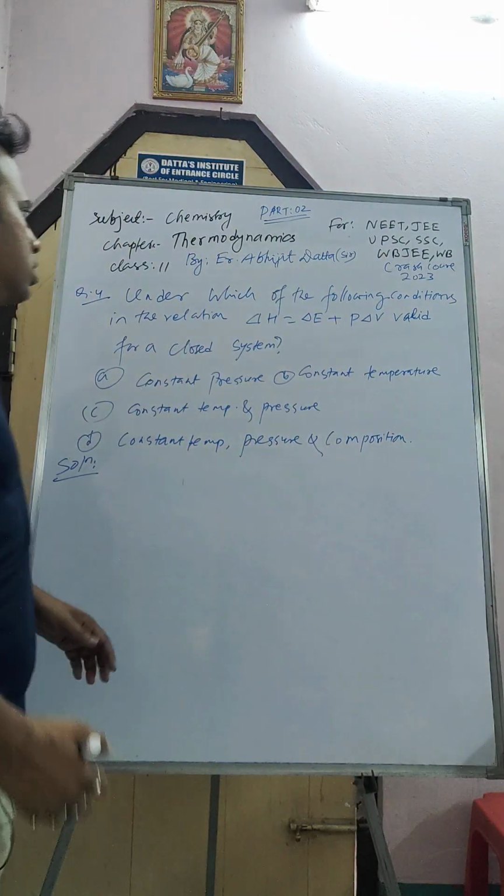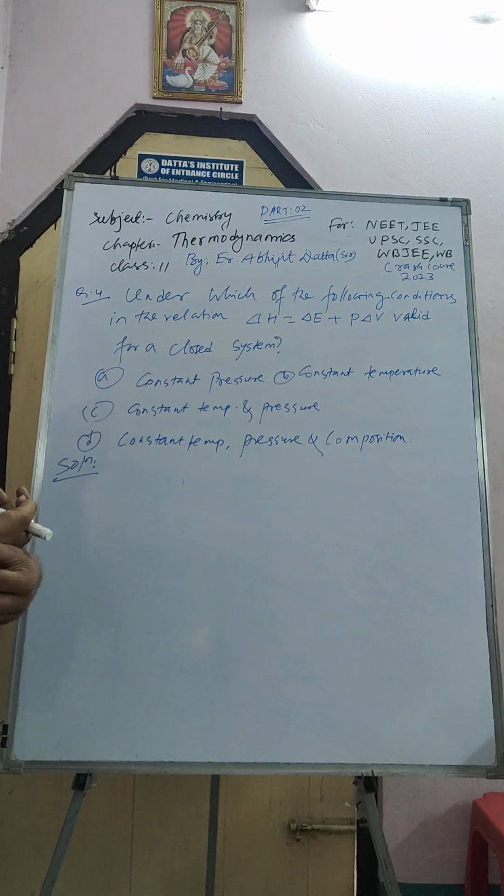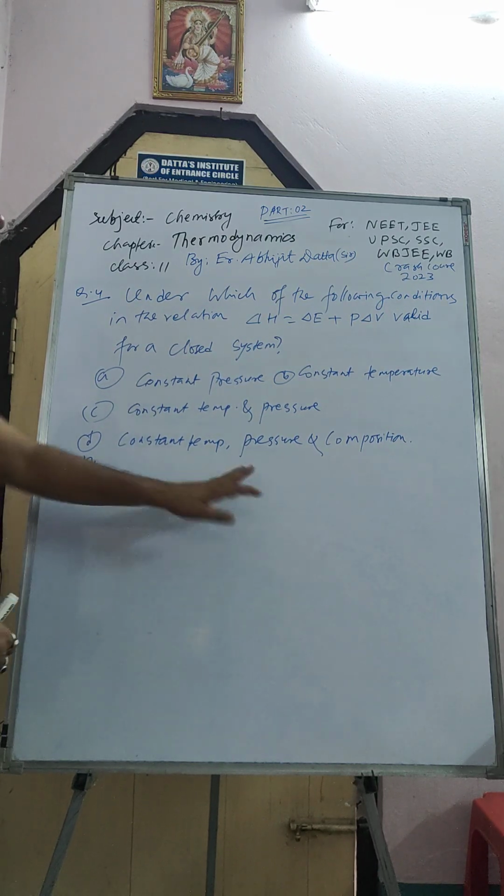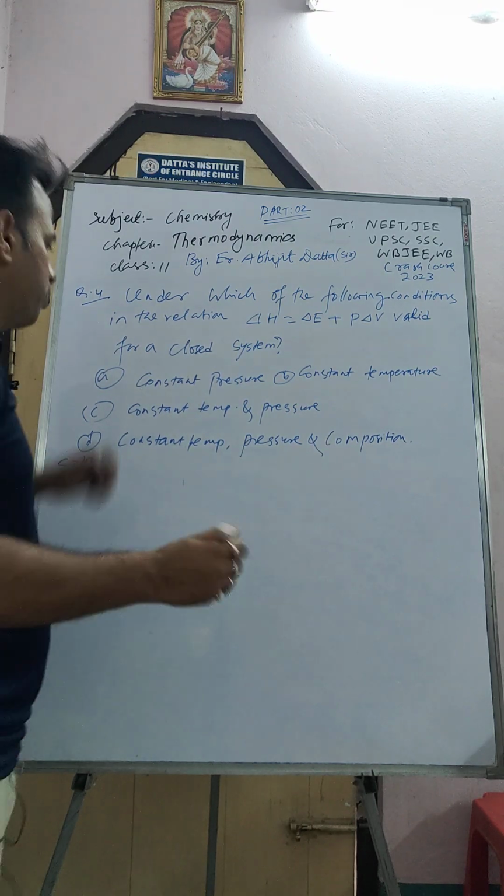So our next question is, under which of the following conditions is the relation del H equal to del E plus P del V valid for a closed system? Four options are given: constant pressure, constant temperature and pressure, constant temperature, pressure and composition. Which one do we have to find out? So we know that